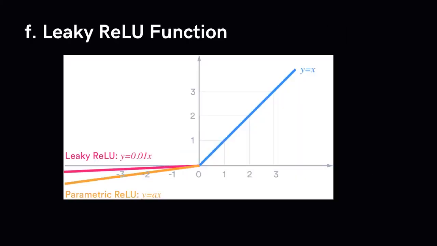There are workarounds for this. One way especially is to simply make the horizontal line into a non-horizontal component by adding a slope. Usually the slope is around 0.001. And this new version of the ReLU is called leaky ReLU. The main idea is that the gradient should never be 0. One major advantage of the ReLU is the fact that it's less computationally expensive than functions like tanh and sigmoid, because it involves simpler mathematical operations. This is a really good point to consider when you are designing your own deep neural networks.